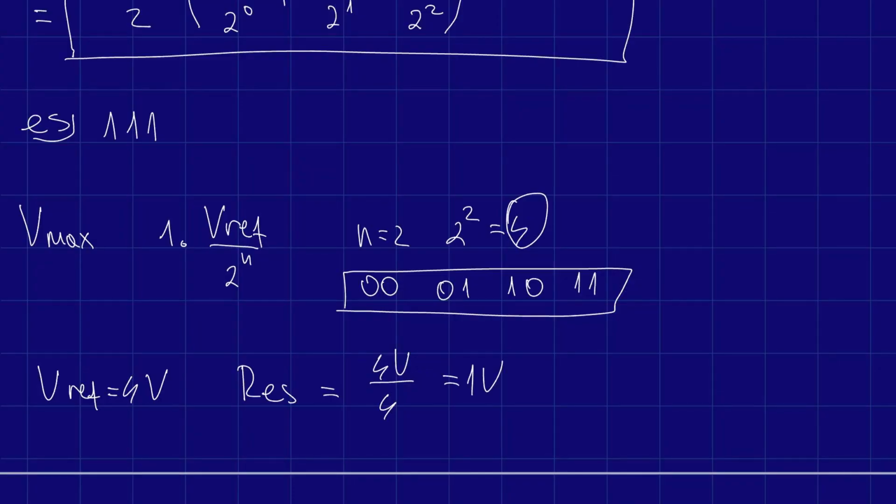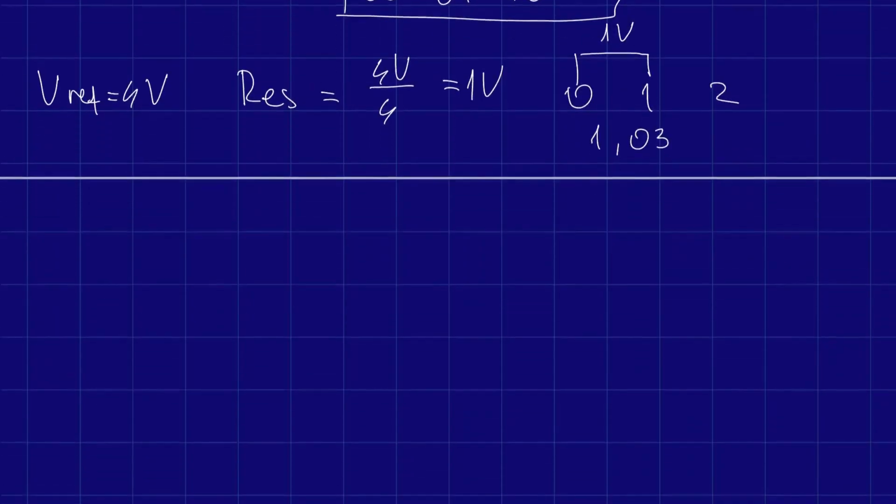That means that in our case, we can represent the voltage 0 or 1 or 2, okay? But we cannot represent 1.03 or something in between. It means that our minimum step size is 1 volt. That is what the resolution is here. And then the second thing you need to